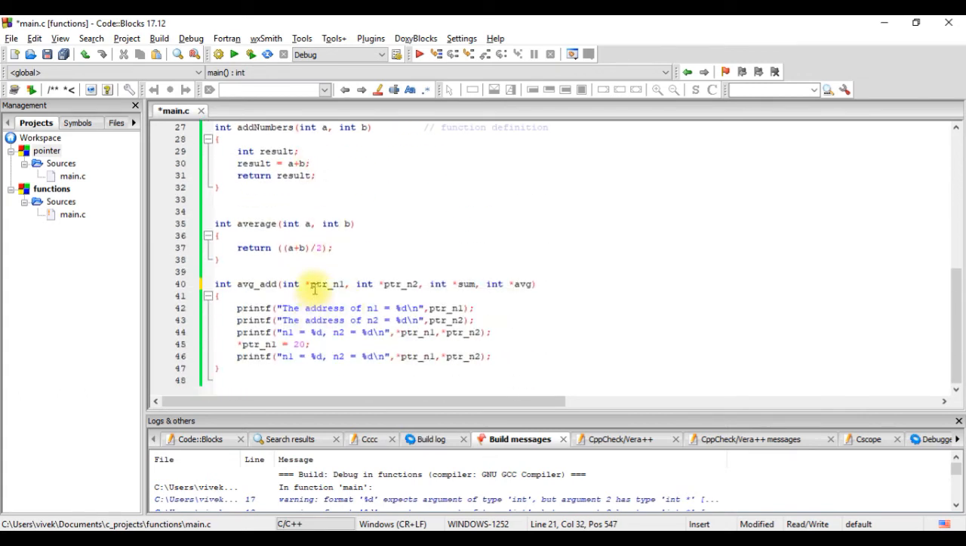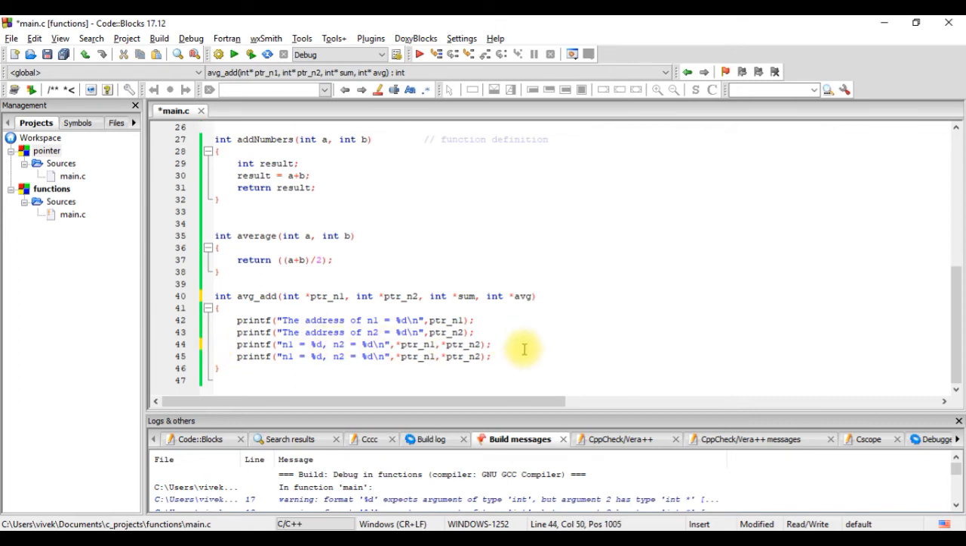Now in this function we have all the values that are required for us. We have the address of n1, we have the address of n2, we have the address of sum, we have the address of avg. So now all we need to do is calculate the values and store them in the respective locations. So we can write